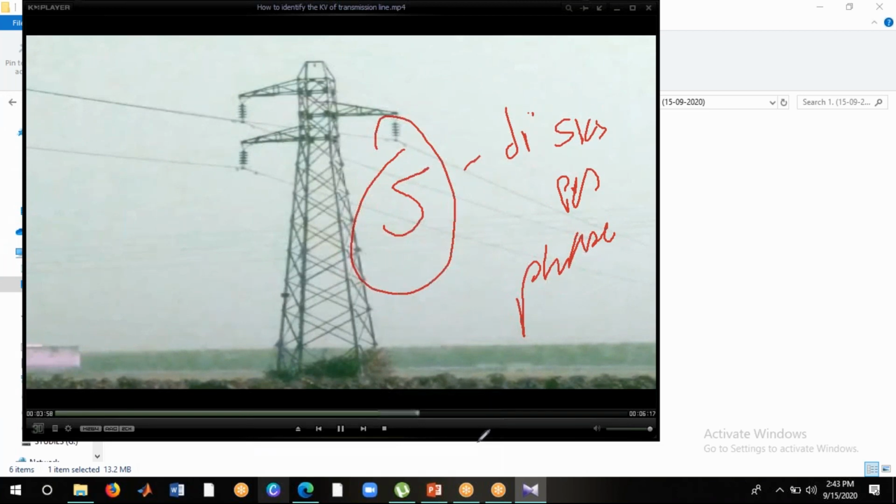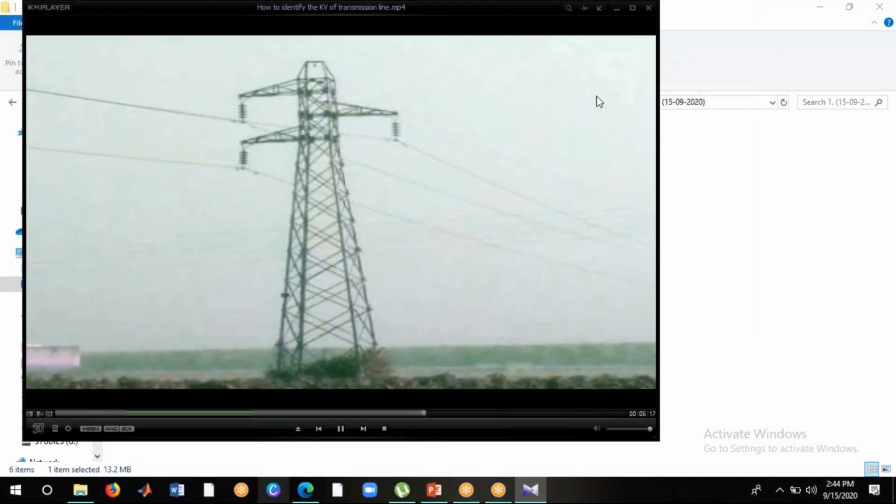आपको रेयर केस में कभी कभी 6 डिस्क इंसुलेटर भी दिख सकता है। तो ये आपको कब दिखेगा, जब स्ट्रेन टाइप ऑफ इंसुलेटर लगे होंगे, मतलब हॉरिजॉन्टली लगे होंगे, तब जाके आपको 6 इंसुलेटर देखने को मिलेगा। तो वो भी हमारी 66 केवी की लाइन होगी।